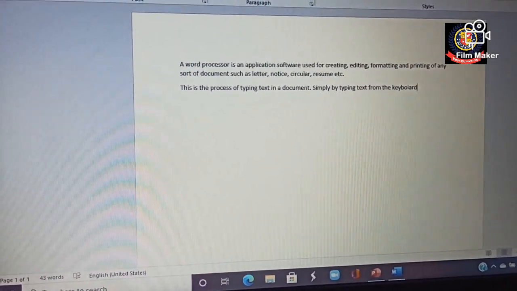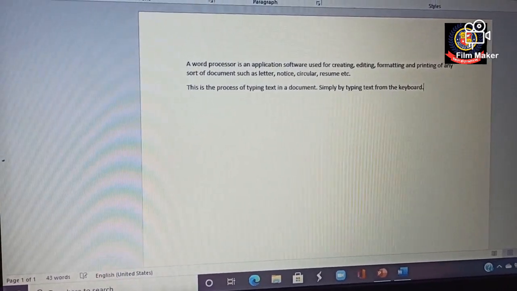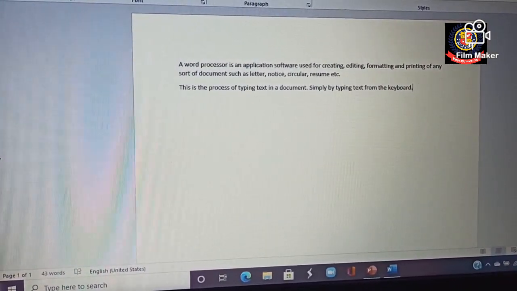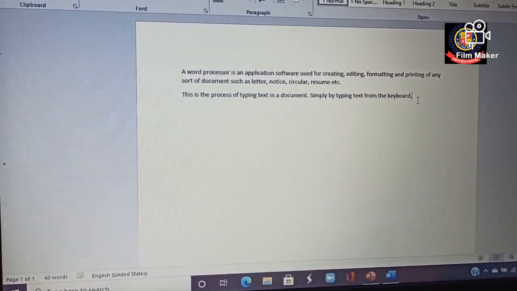Now you must have seen that I have added one more line, so I have to save, otherwise whatever changes I have made will not be reflected in the file.